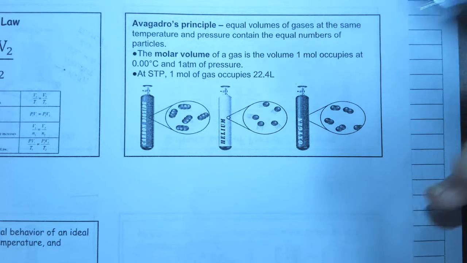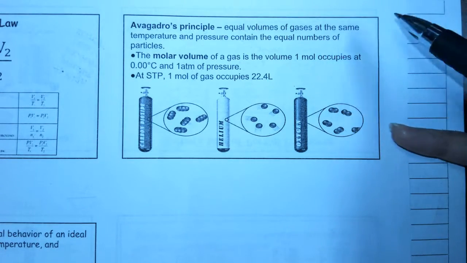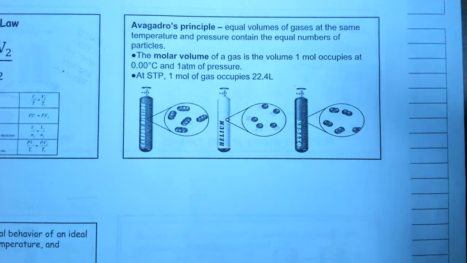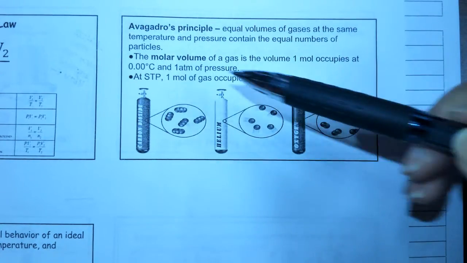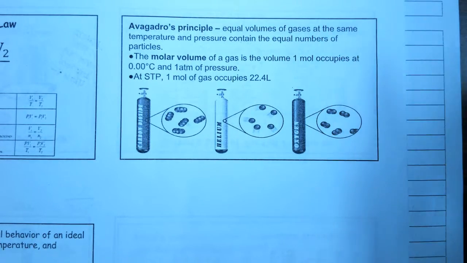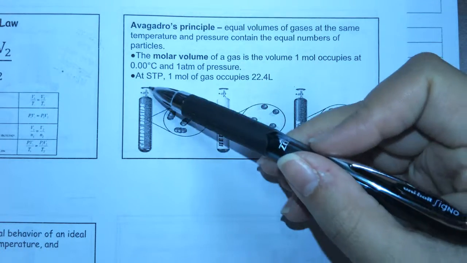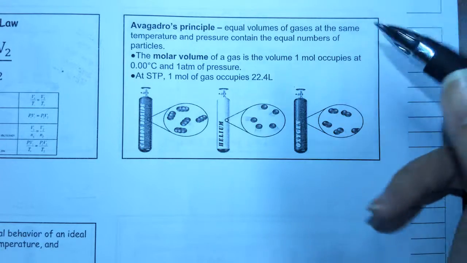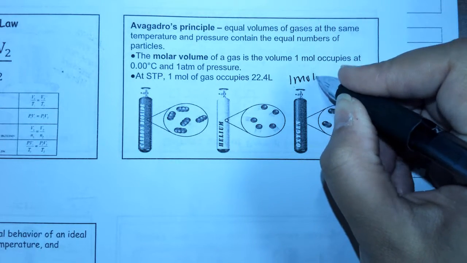Avogadro's principle states that equal volumes of gases at the same temperature and pressure contain equal numbers of particles. So when we're looking at the molar volume of a gas, it is the volume where 1 mole occupies at 0 degrees Celsius or 273 Kelvin and 1 atmosphere of pressure. So that's standard temperature and pressure, if you remember from our last video. So what this means is that at STP we are able to say that 1 mole is equivalent to